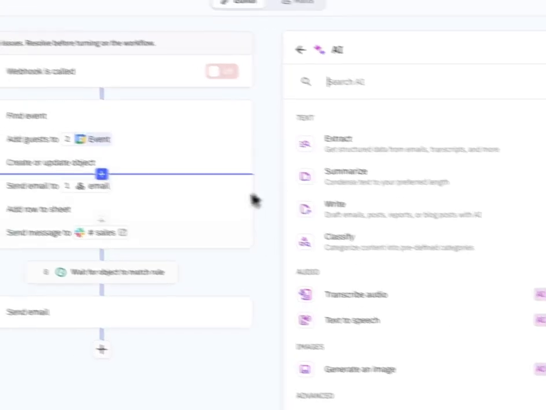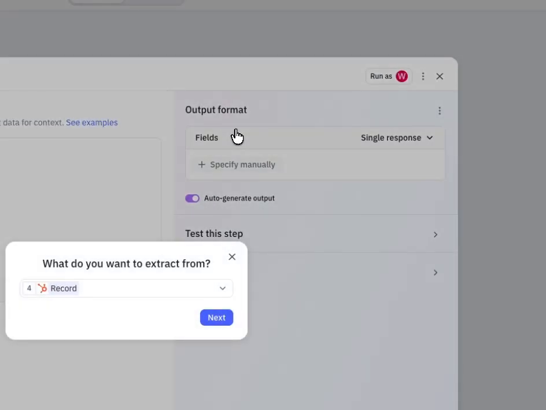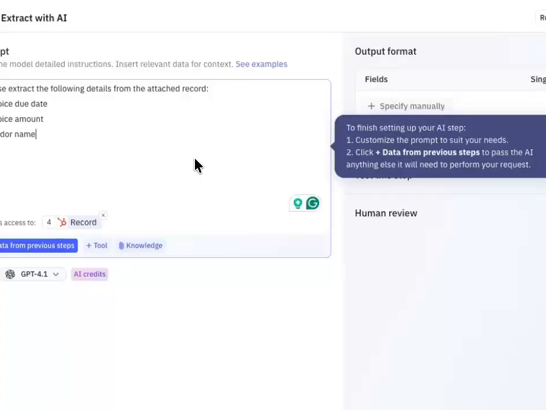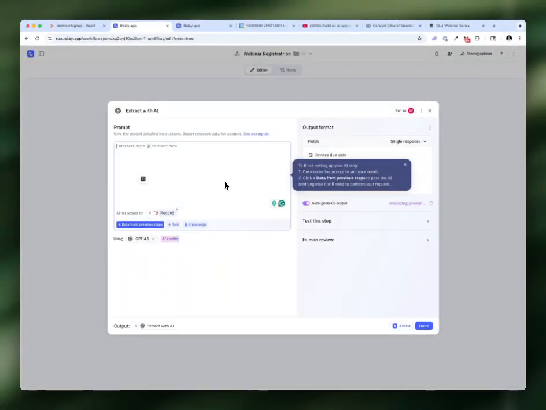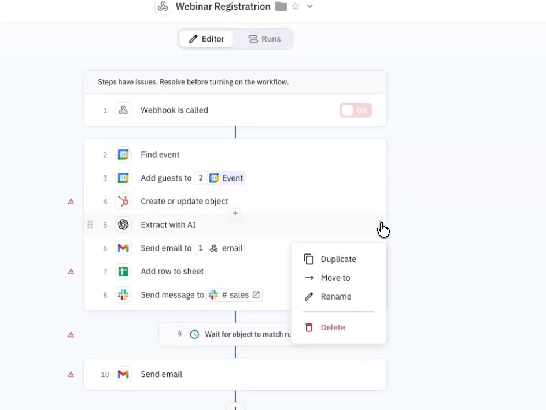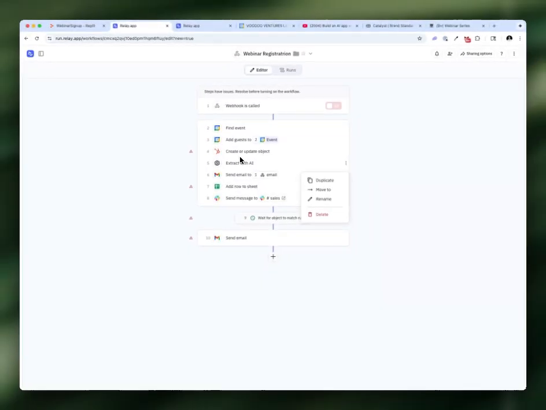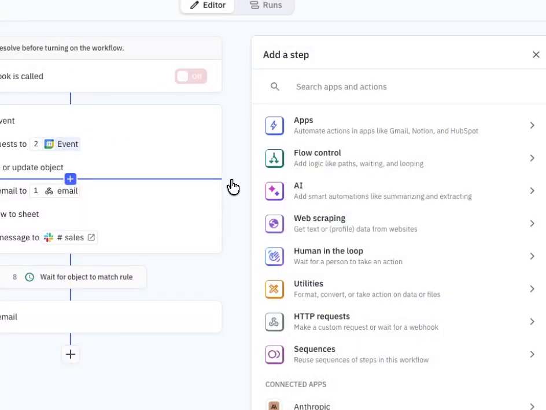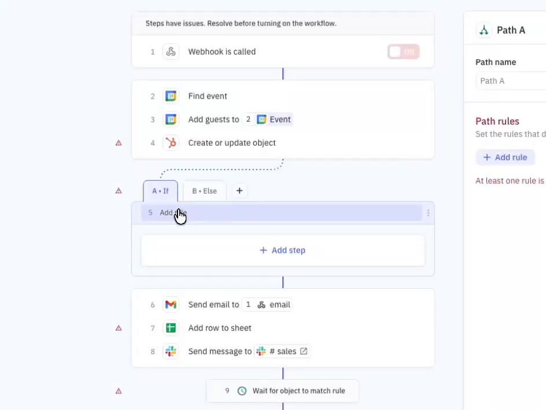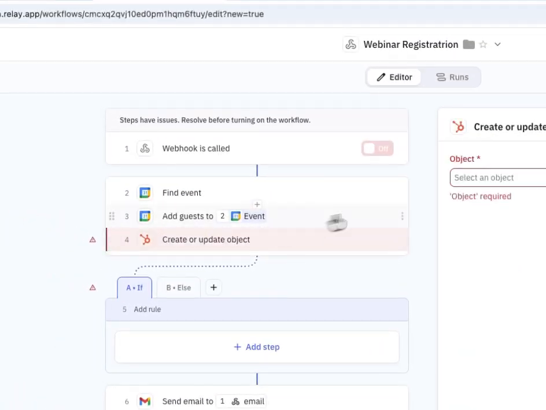This is actually going to be cool. Let's see. If they are, how would I do that? What I'm trying to do is, like, see if they're already in our CRM. I want to know that before the event. So I want to kind of gauge how many new people versus how many people we're re-engaging. So probably what I would do is add an if statement. If record existed already,